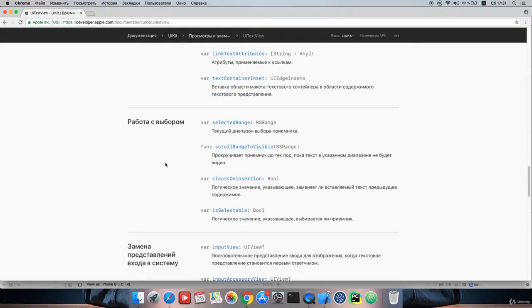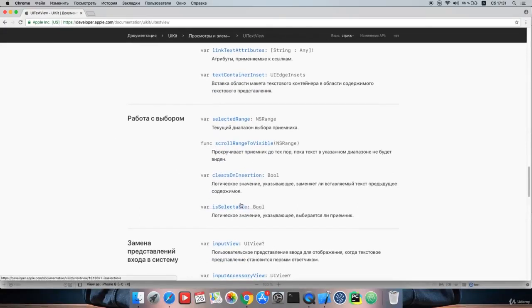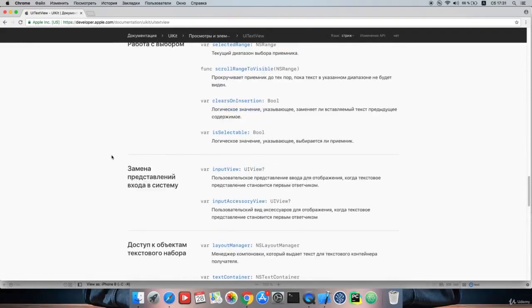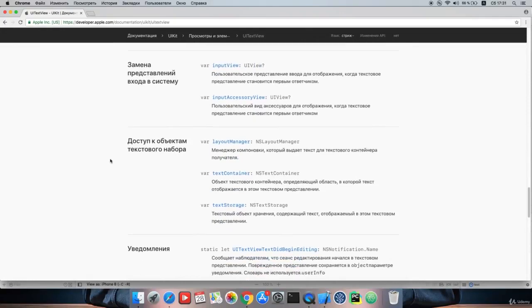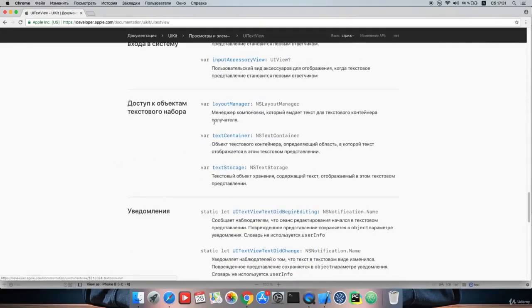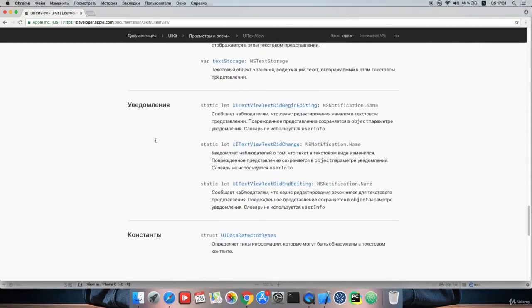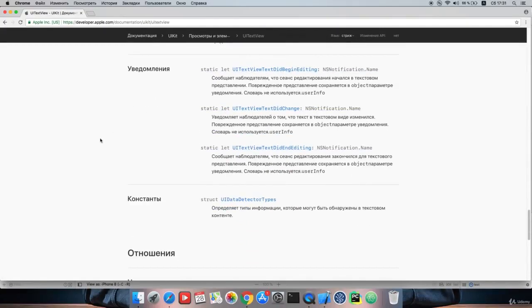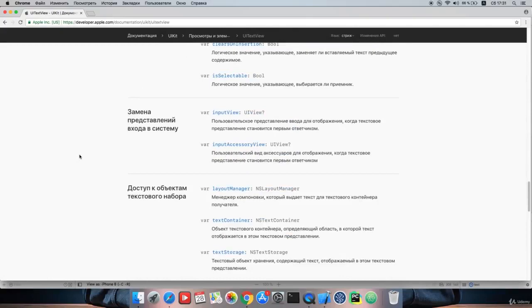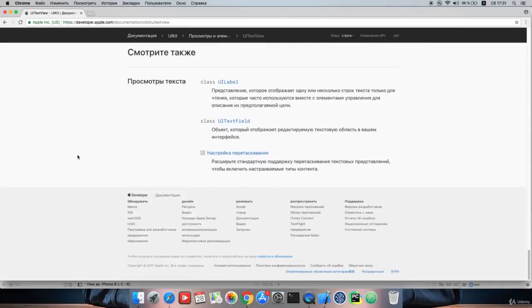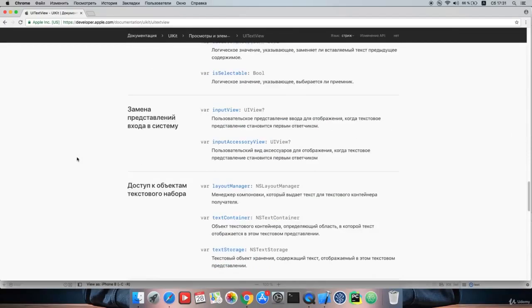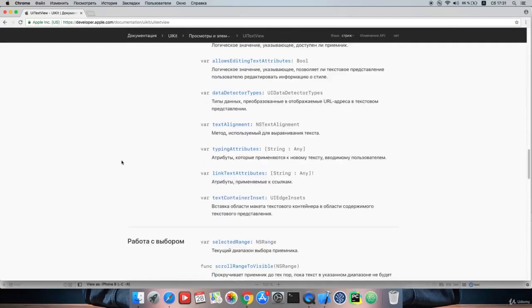Next comes the selection. You can select the text and work with it. Here we see the logical value: the text is selected or not. In principle, everything you need. Containers, notifications, everything in principle that we worked with in the previous element. I suggest that you work through all this. Be sure to read the documentation, and